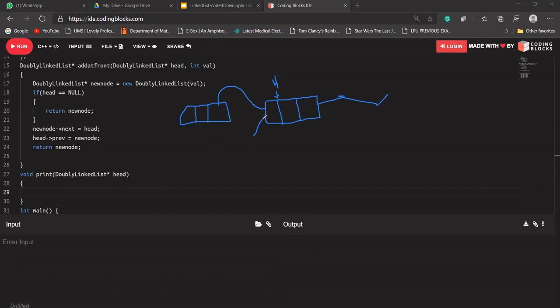Now our head node will be pointing to this node. I think Smith you got it. So head's previous will point to this, and we return the address of this node, meaning we are returning new node. So head will be updated in our main function, and now head will be pointing to this node. I hope it is clear to everyone now.